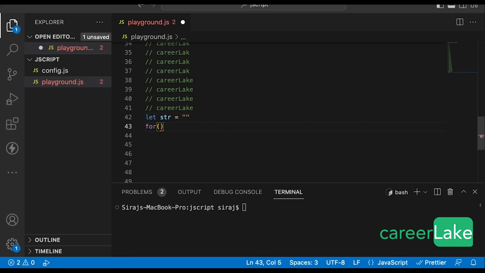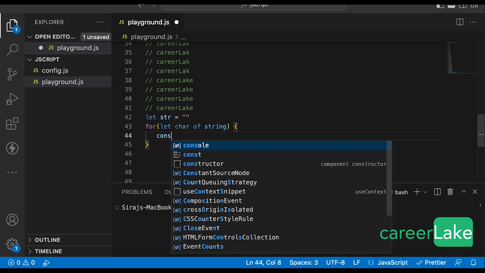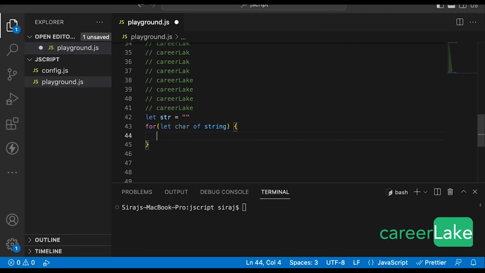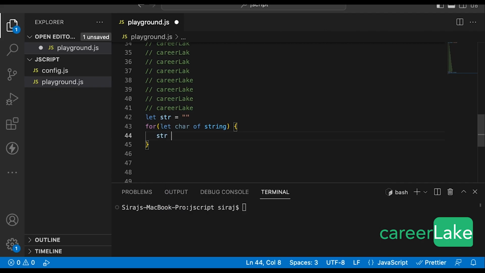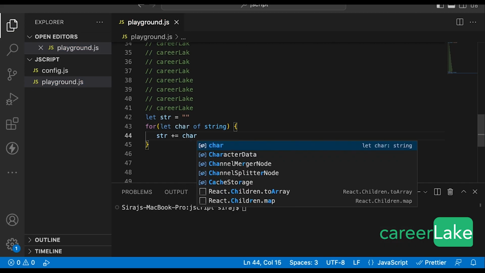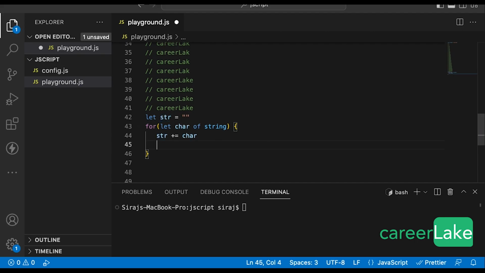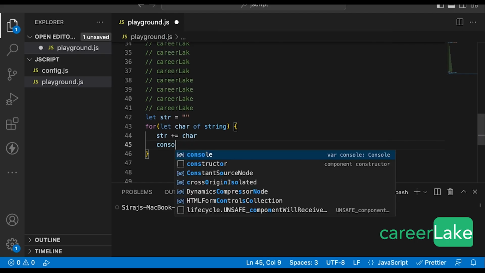I'll be using for of loop. Let char of string and let me print, or I'll be using assignment operator to append each time one character. So let me write this and then let me print and see what I'm going to get after this particular